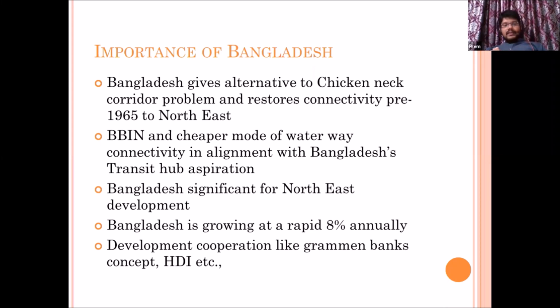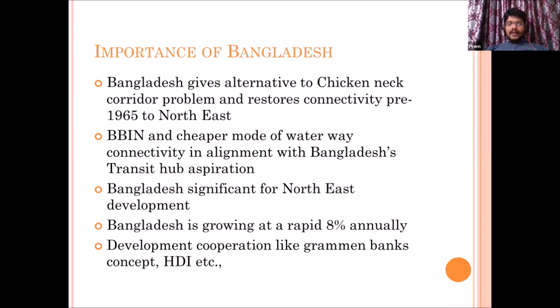And finally, there are some unique initiatives which are successful in Bangladesh. So having close cooperation, we can implement them. As I've already explained, there is a concept called Grameen banks. These Grameen banks or rural banks are focused banks. They are not like commercial banks dealing with many types of banking services. They deal only in providing credit to rural farmers or rural enterprises. So that way they are more focused towards development. So this is a concept we imported from Bangladesh, and it is a most successful concept there.